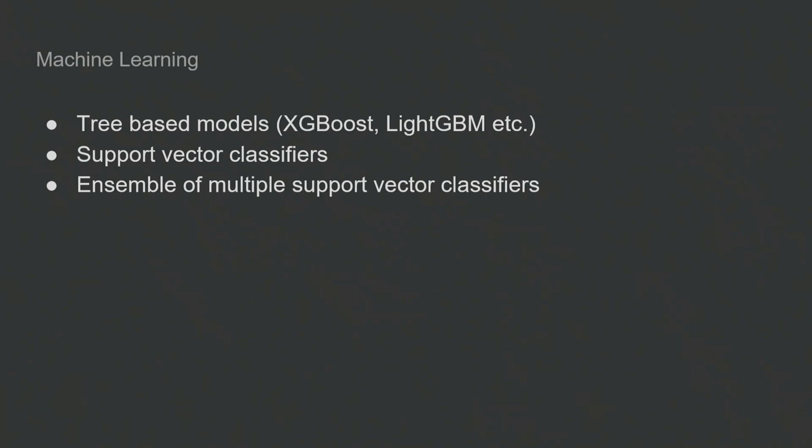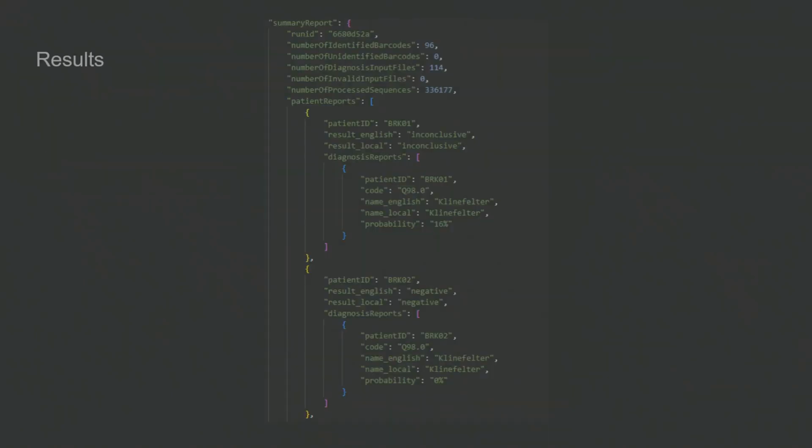We first tried tree-based models like XGBoost, LightGBM, and so on. But somehow in the end, we stuck with support vector classifiers. And basically the final models were an ensemble of, I think, 5 support vector classifiers that were each trained on a slightly different data set to account for the noise and different kinds of errors that can occur. And the output of the FIVEA platform is a JSON file that looks like this, which basically says, okay,